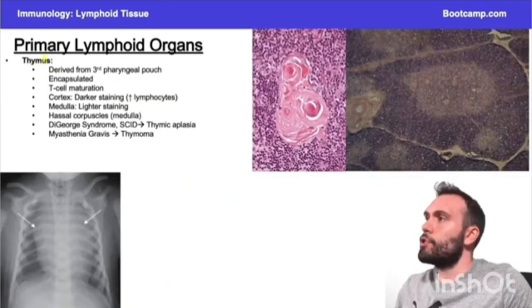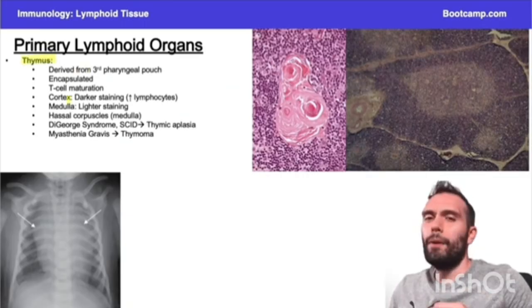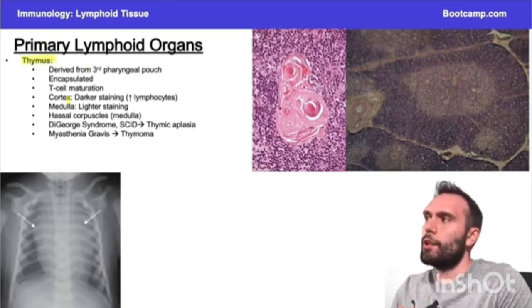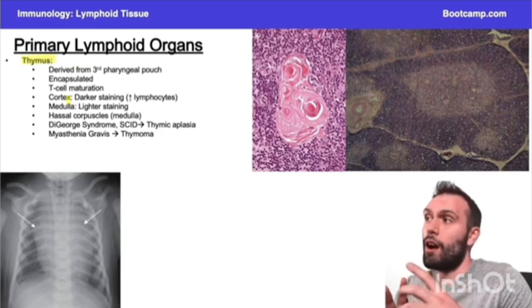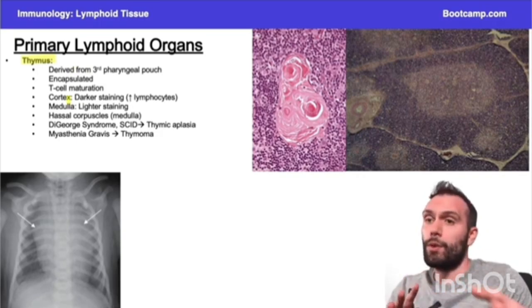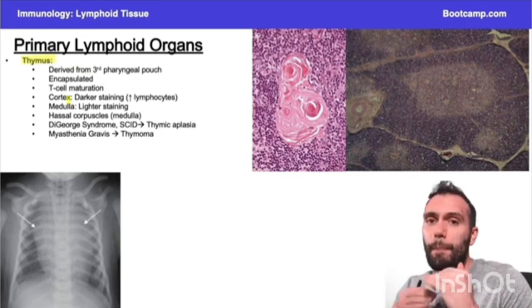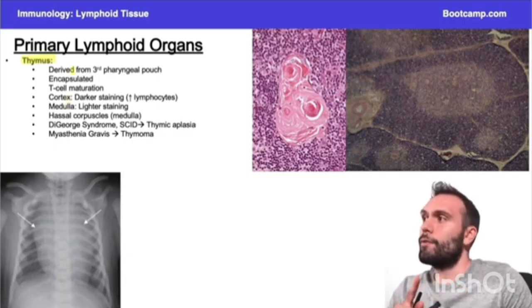Now the second major primary lymphoid organ is going to be the thymus. So I put on here a couple of the big things to know. Now in general, there's a lot of information you can talk about when you're talking about the thymus, but I just want to remind you again, we're just focusing on the big high yield stuff that we have to know. First thing that I would say, just to go back to your embryology,